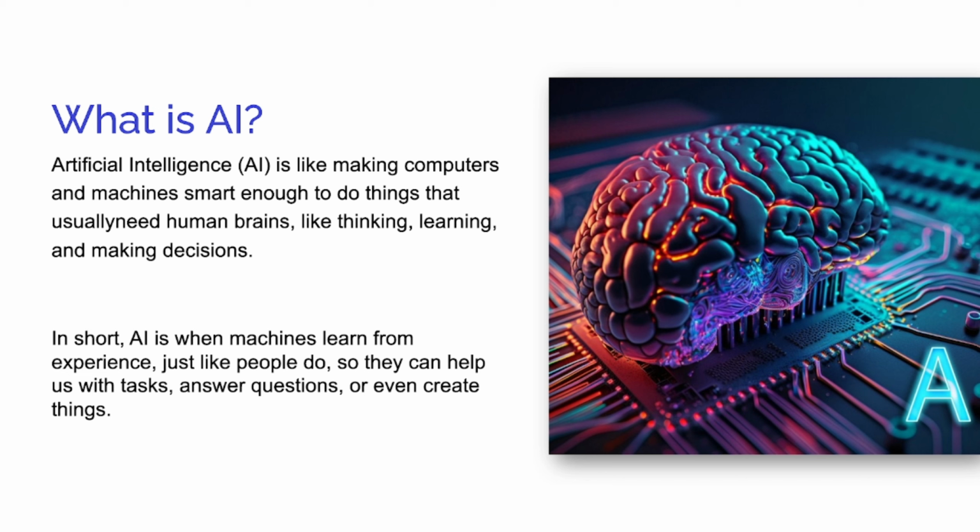All right. Let's continue. AI can even create things. It can create text, images, videos. Now we have so many AI videos trending here and there, AI images trending here and there. We'll see some samples in our practicals, so stay tuned. So just imagine a robot that can talk, understand, and even solve problems. It's not a person, but it can act like a person.